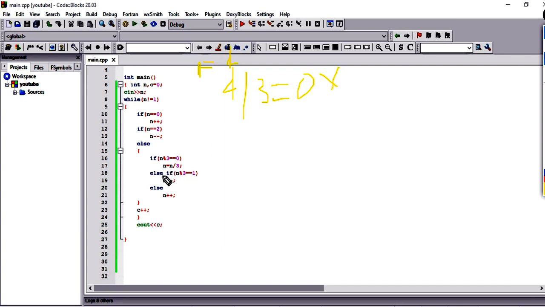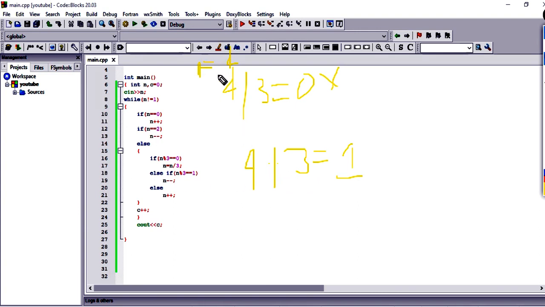Then it enters into else if 4 modulus 3 is equal to 1. Yes guys, it is equal to 1 because it is not giving us 0. If we get 1, then we just decrement that number by 1.